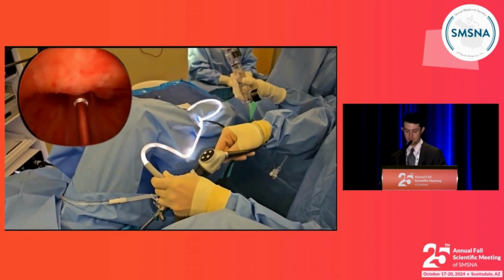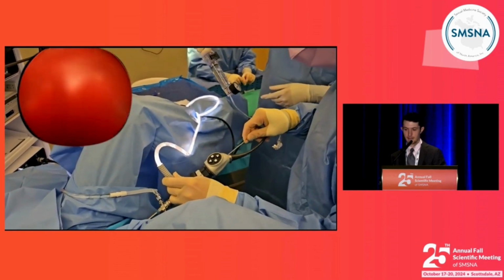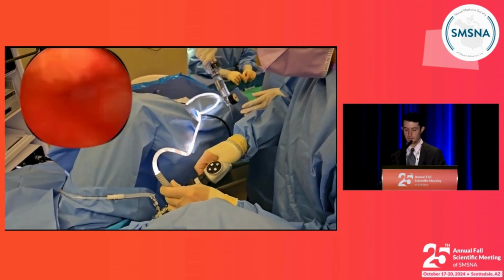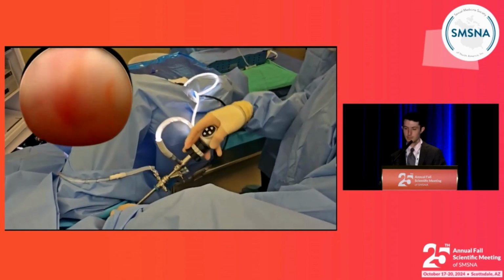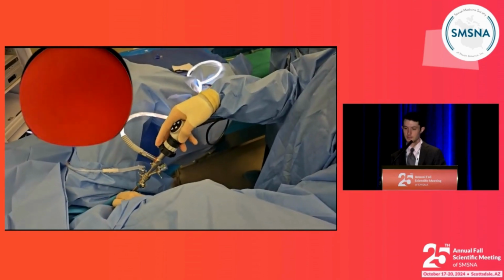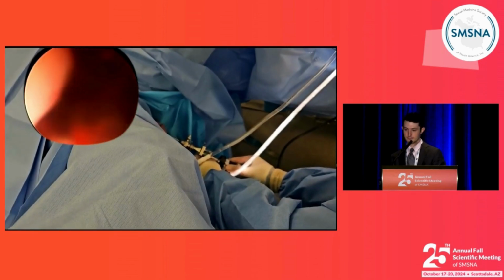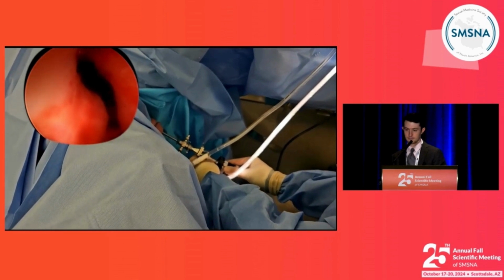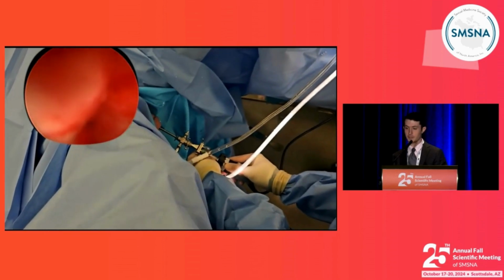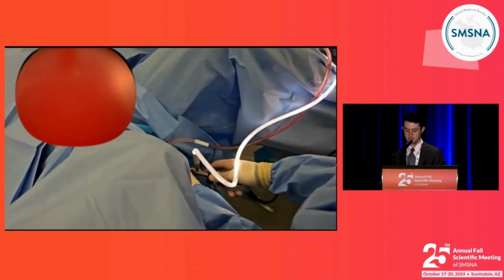After 1 minute of inflation, the balloon is deflated and removed, and at this time you can advance the scope towards the bladder to confirm that an adequate commissurotomy has been achieved, which you can see on the screen with the anterior splitting of the mucosa. Now following this, the scope can be re-advanced into the bladder, and then similar steps can be followed to insert